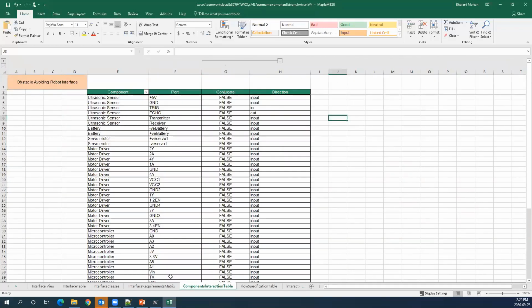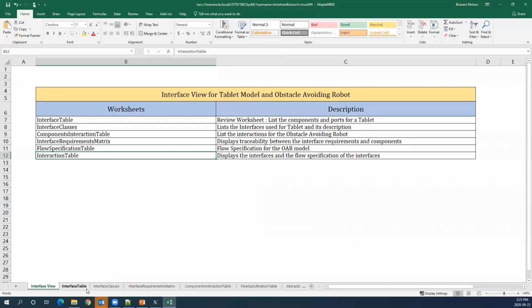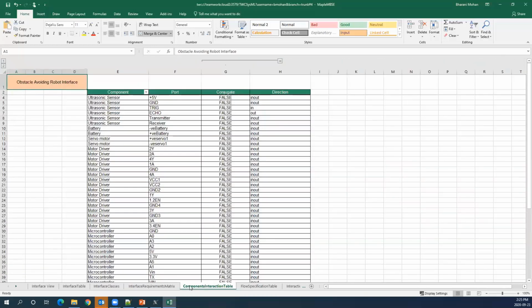So here, this is the worksheet exposing the obstacle avoiding robot. As you can see, each of these worksheets is a different view into the model that we see in Cameo.